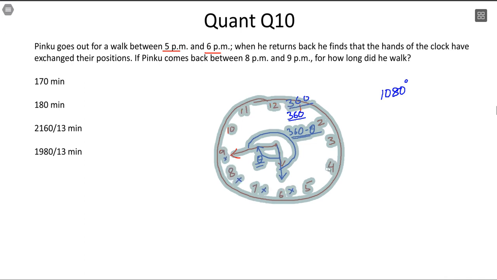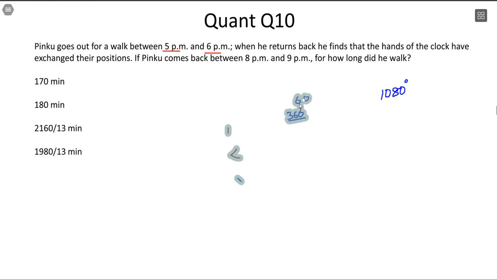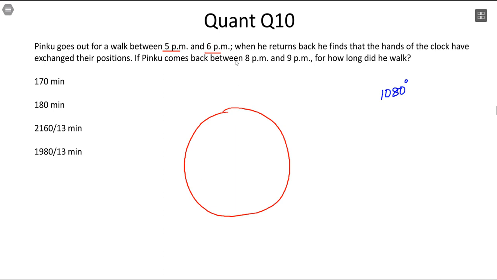I don't know if it is clear from this diagram, so I'll take one more stab at representing it appropriately. If for understanding sake, you can simply imagine it being, they have just gone for 1 hour, not 3 as per the question, just 1 hour, then it will potentially be easier to represent. Okay, 1, 2, 4, 5, 7, 8, 10, 11. So if they had gone between 5 and 6, and he returned between 6 and 7, just for the sake of understanding. So our hand was previously here, minute hand was previously somewhere here.